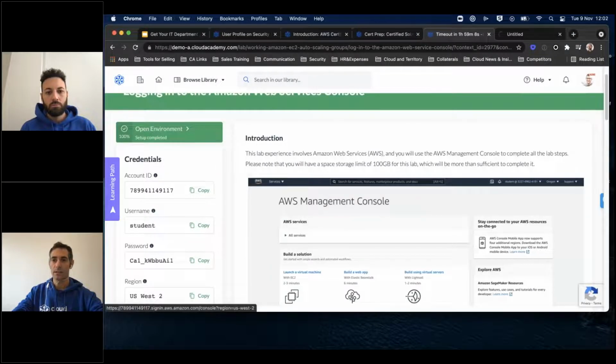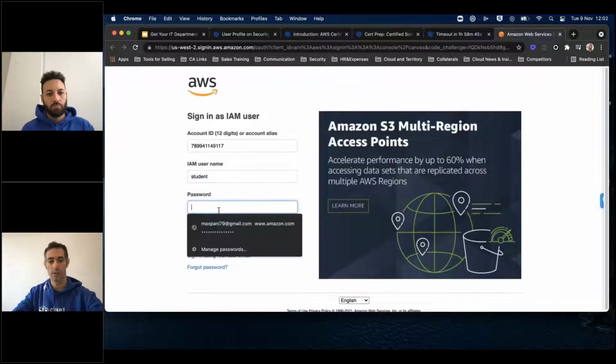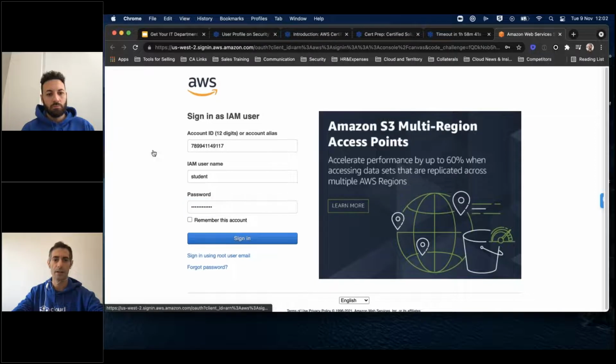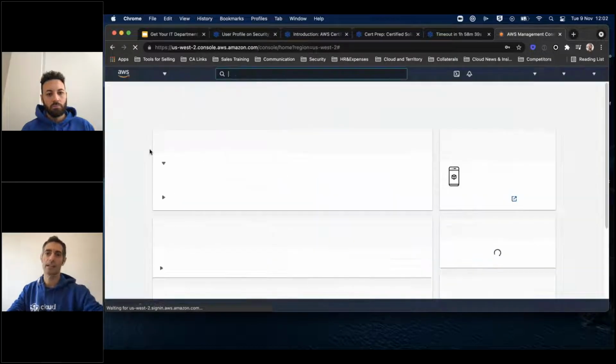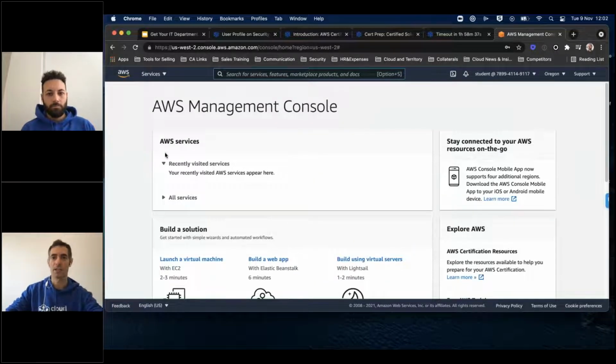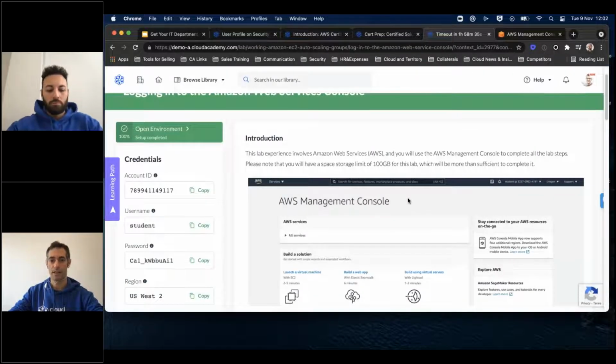Now I want to go here and see how this works for you. You're going to be given all the credentials to access this AWS console. And by the way, this again works for the other vendors like GCP and Azure. So you just copy the credentials that you're given, and then you should be ready to go. Again, this is fully integrated. As you can see, you don't have to put any credit card details. You don't have to set up any machine or anything like that. This is fully integrated.